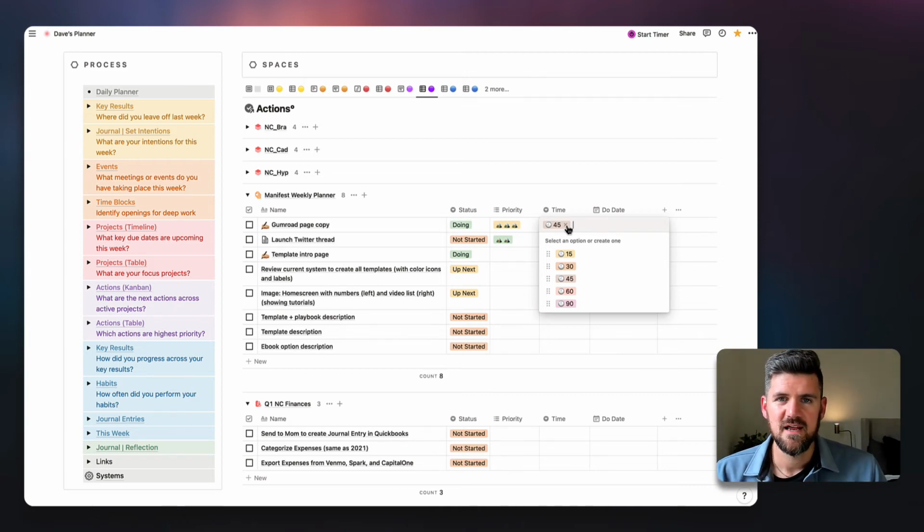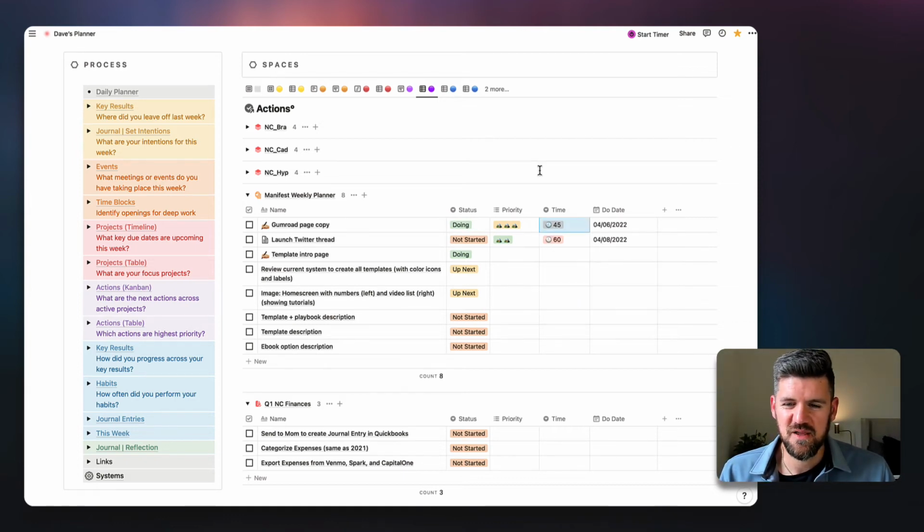We might find that in some cases we're not adding these properties or we have a good sense of how long something's going to take. But in some cases it could be helpful to map out and start to filter by where I want to see only actions that are 60 minutes or more, to be able to assign time blocks throughout the week. Scenarios like that could be helpful. Again, we're leveraging the Notion machine to sort these actions and tasks in a way that we want. So it could be helpful there.